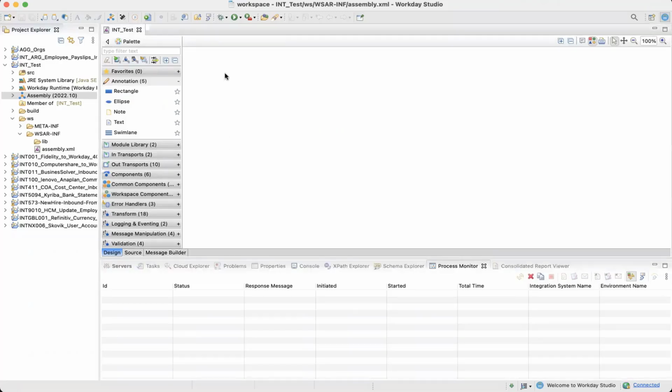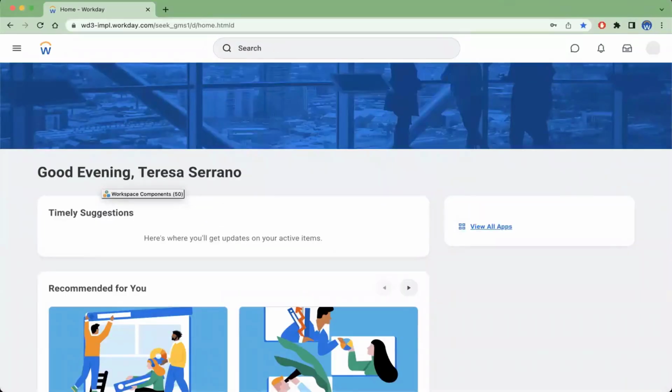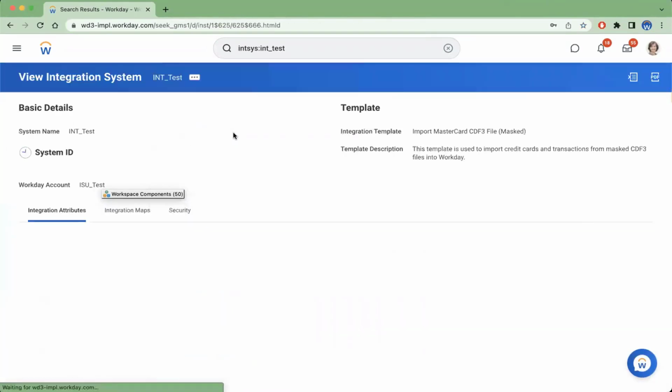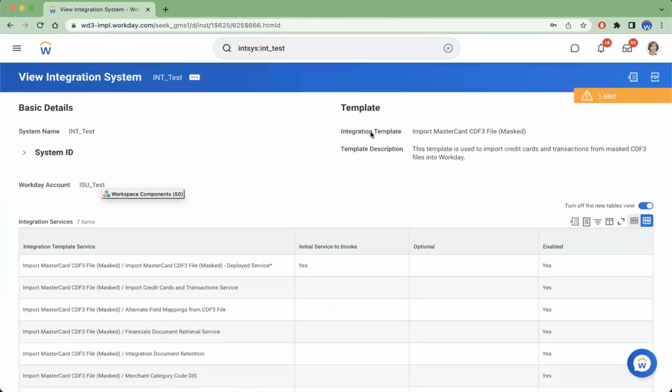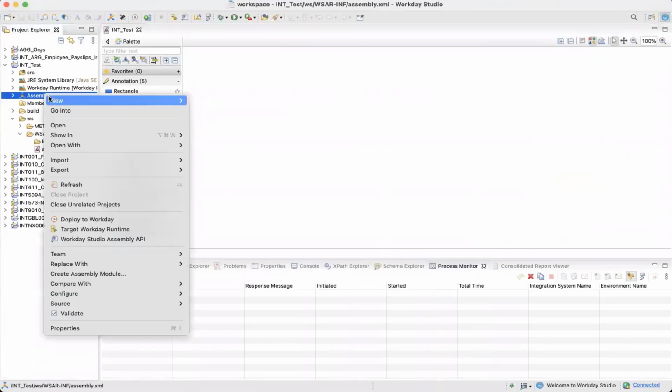Now let's see how it works. Let me try searching this int_test. Do I have anything here? No, I have so many integrations with this name. But it's MasterCard and all that. So I think let me change the name. How do we change the name?